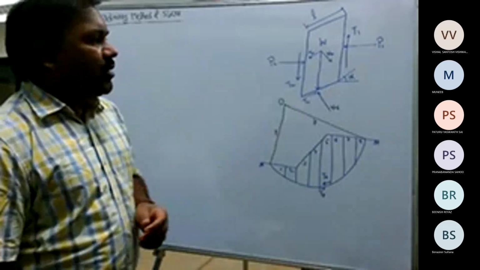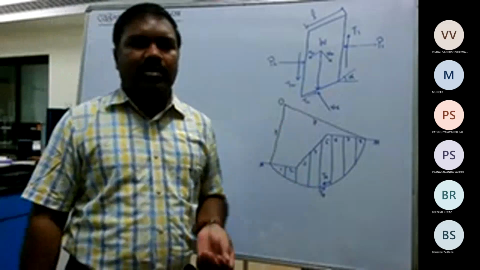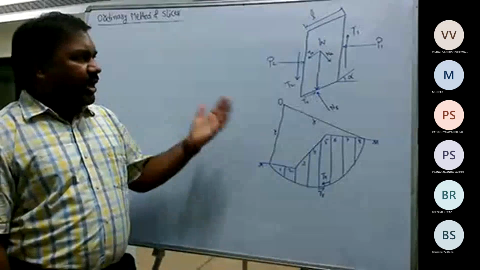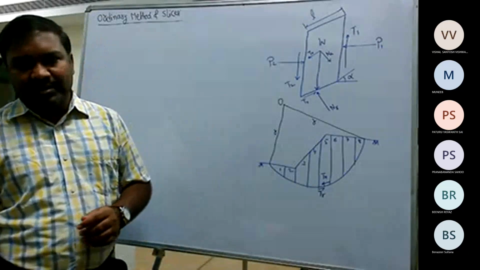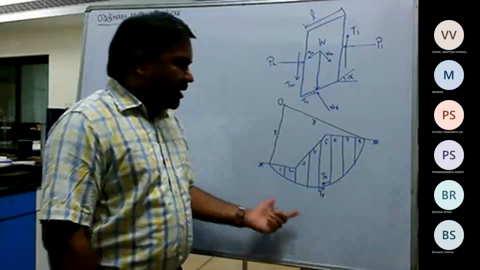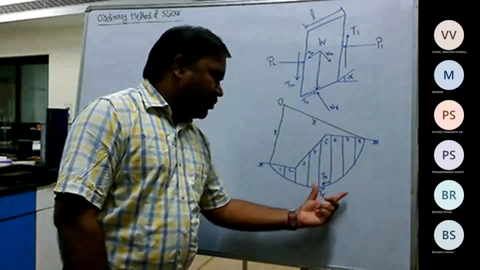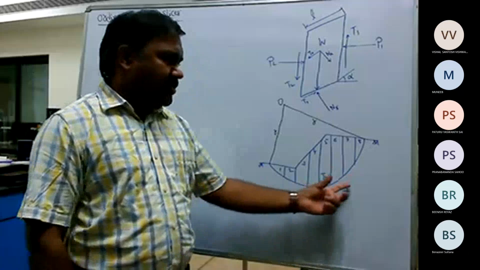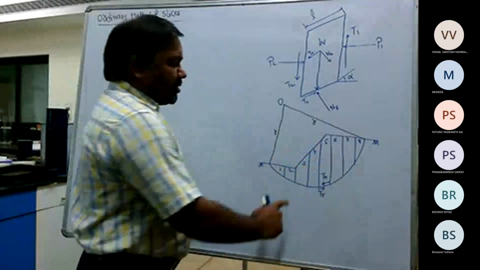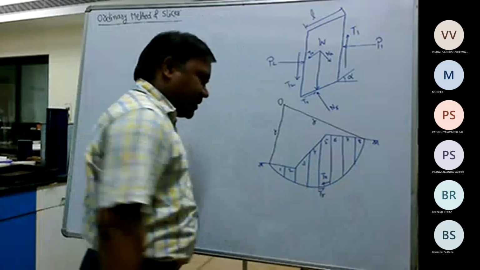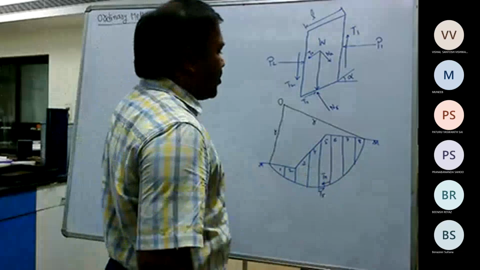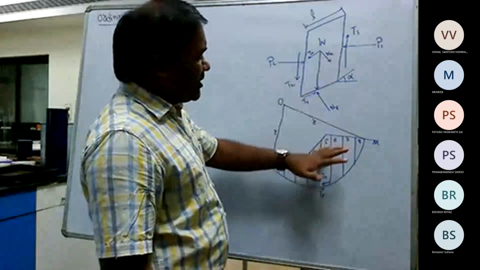When you go for the ordinary method of slices, as Bishop has defined it, we take into account the normal and tangential forces on both sides of each slice. For better understanding, I have taken a failure surface, or the slip circle, of an embankment. This is the approximate one. It has been divided into a number of slices as per the philosophy of the method of slices. Then I have taken a free body diagram of a single slice.